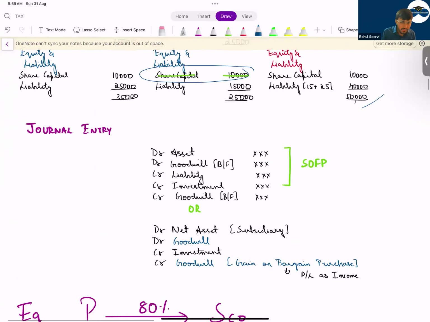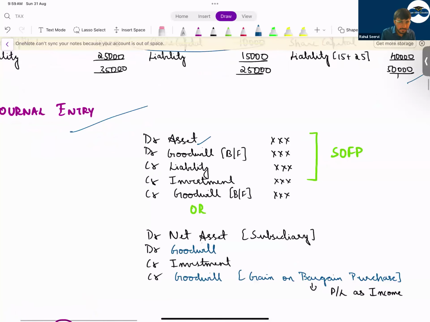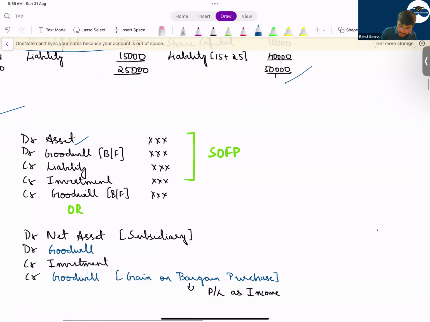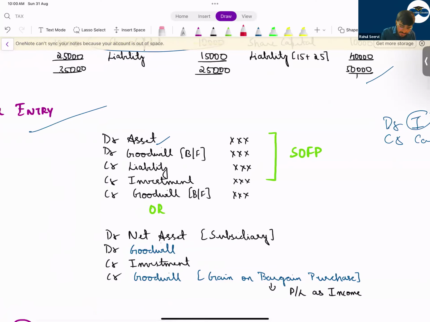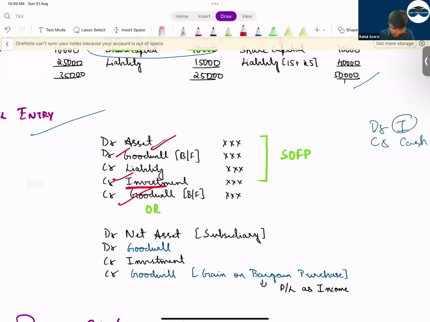Then what is the journal entry on day one, sir? An asset is coming in. So normally what is the entry the company will pass first? Debit investment, credit cash going out, or bank or any other thing. Now this investment we will remove and we will bring in assets and liabilities. We remove the investment, and the balancing figure, debit or credit, will be goodwill. If it's on the debit side, it's goodwill, so you'll show it. If it's on the credit side, it's a bargain purchase gain. You'll show this in your P&L as income.